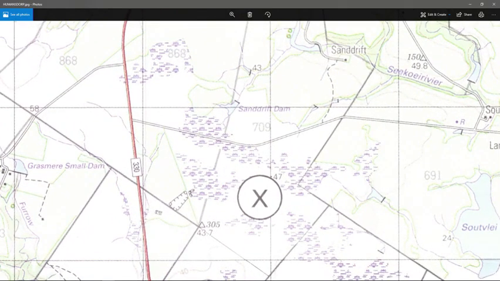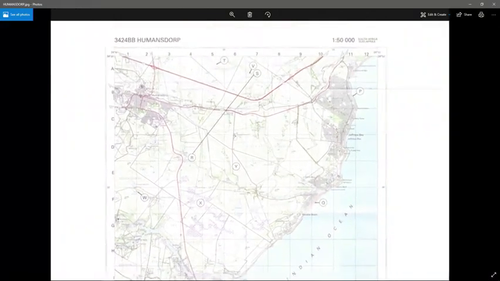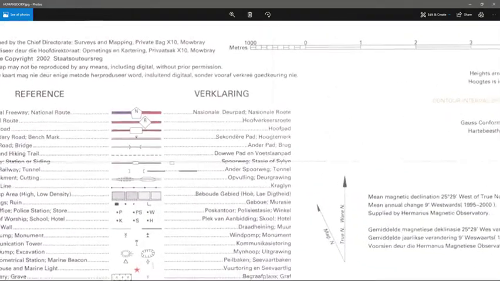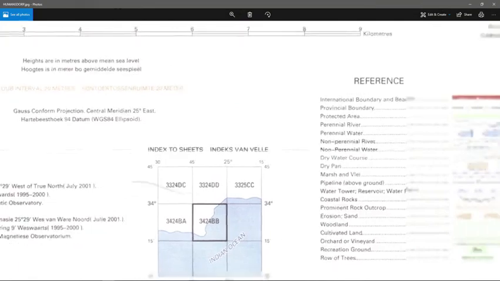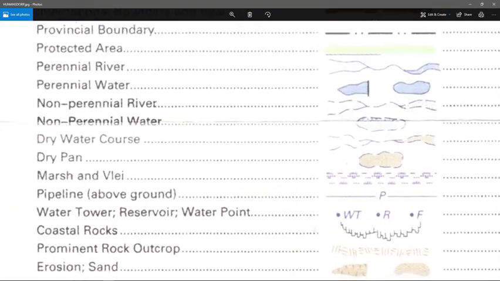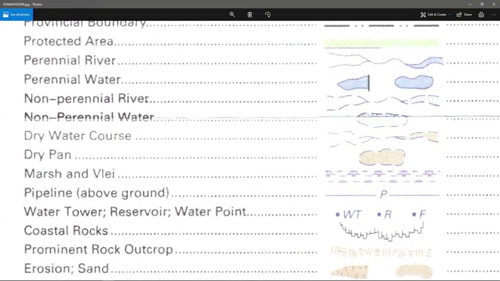And if you look at your map reference, what does this represent? It represents marshes. I'll quickly show you. There you go. It represents marshes, as you can see, and that's the reason why the farming is limited over